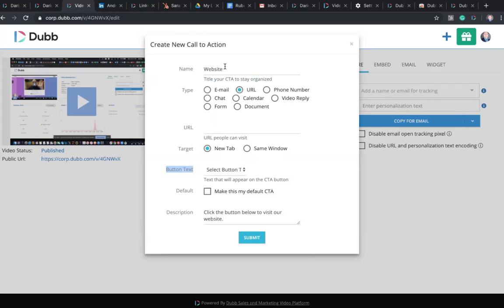So for this one, we would probably name it website button, whatever you need so you know what this call to action will do. You would select URL. Then you would copy and paste your exact URL because it has to have the HTTPS, all that has to be in there. So you'd copy the URL of your website, paste it in here, and then I would say probably new tab,